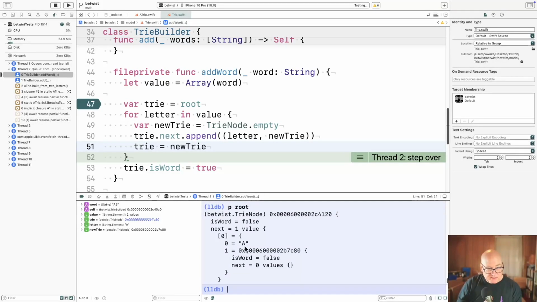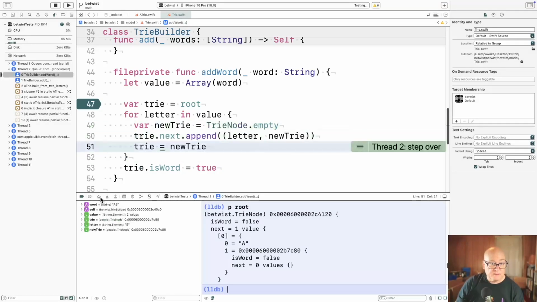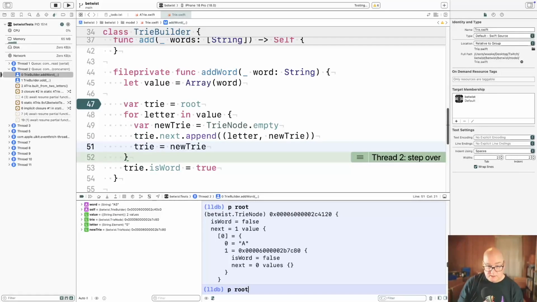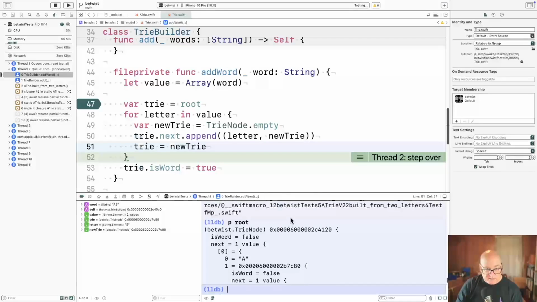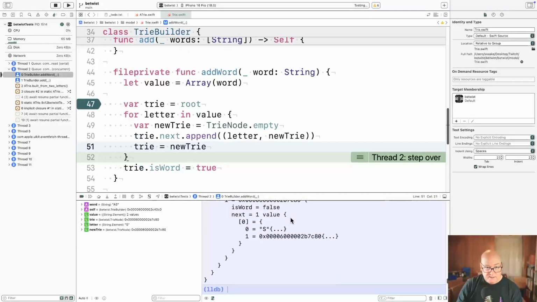He's got one next value, which is A, and it goes to something that is not a word and has an empty thing. Okay, that seems correct so far. Maybe it's my recursive thing that's not so good. All right, now let's go back around. And if we print root, he should look the same. He should now have an S in that inner one and be pointing to a is word false still. Okay, it's looking promising. Yeah, there's A, there's the S, and